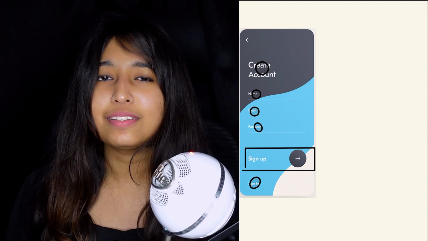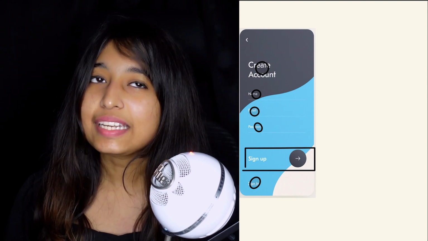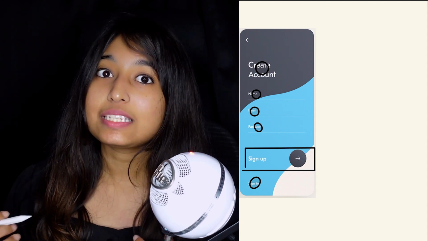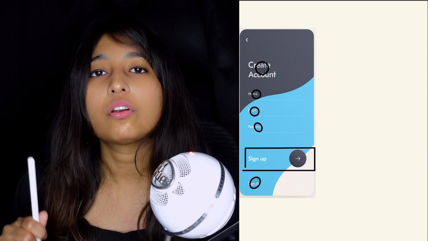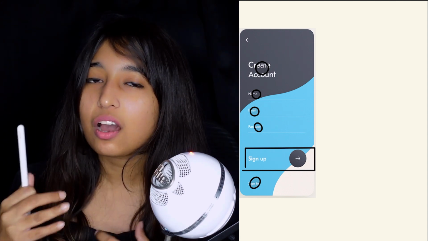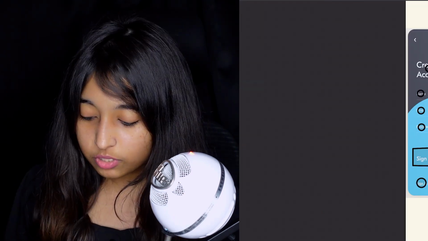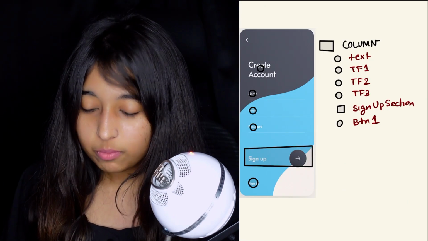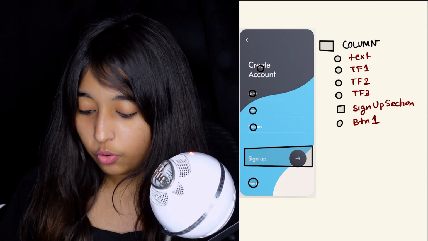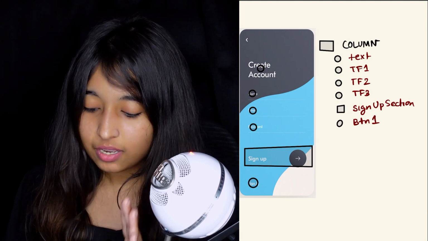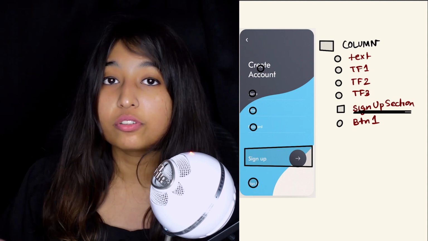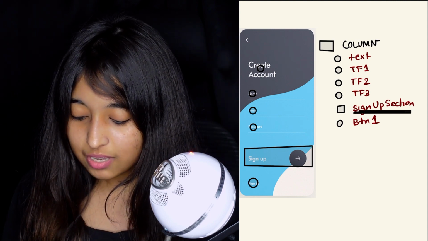You see, these elements are placed one after another in the vertical axis. And if you again see the previous video where we talked about rows, columns, and stack, this vertical axis children are basically a column. So the column is going to be the parent widget for the form, and they are going to be broken down into text, which is atomic, text fields are atomic, and then you have the sign up section, which will be further broken down again, and then you also have the button, which is again atomic.